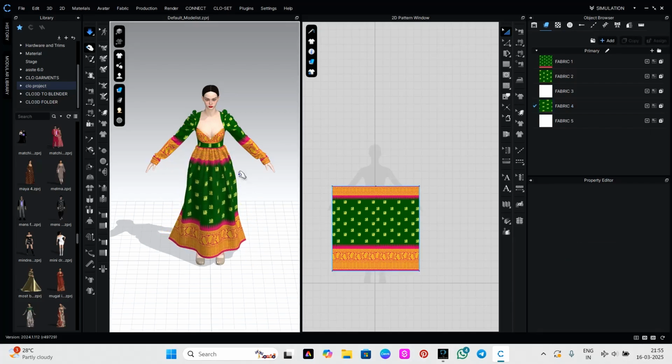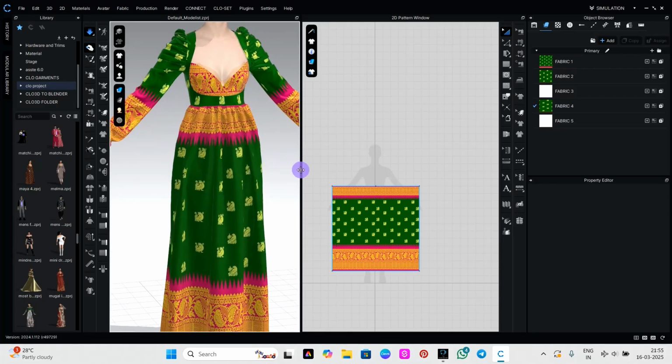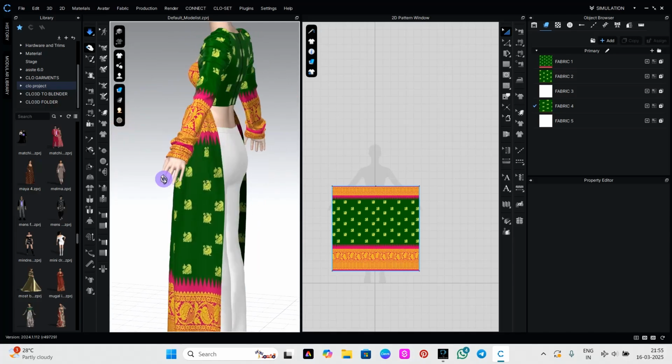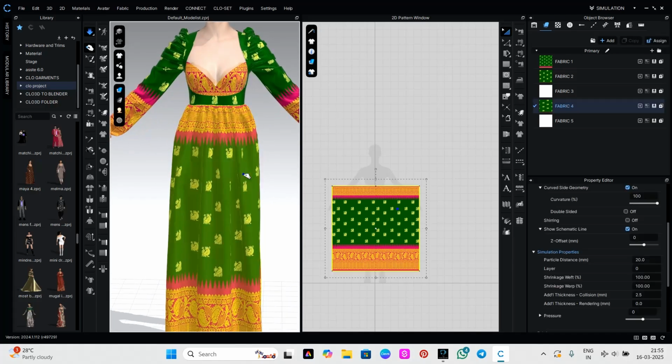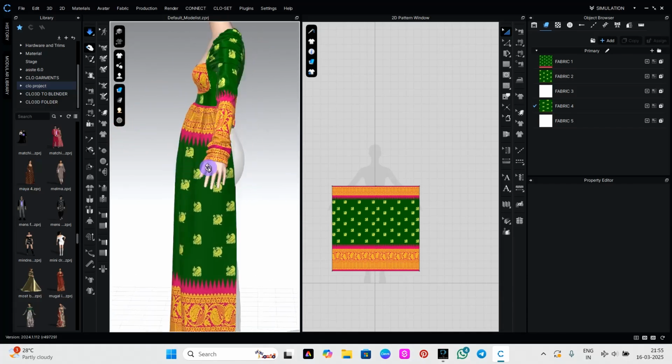There you go. It is up to you, whichever you want. Since it is on 20, it is looking a bit ugly. If I set it on 10,